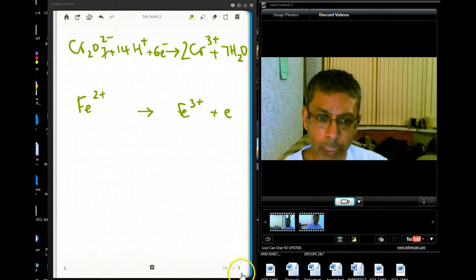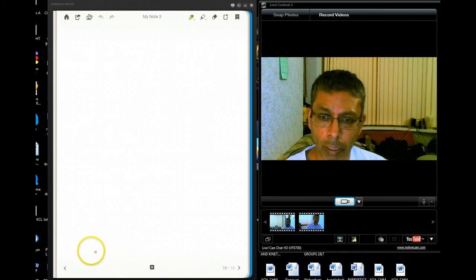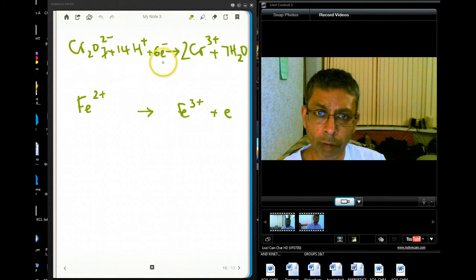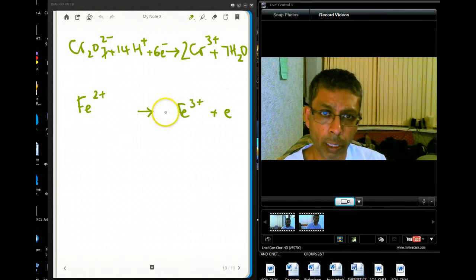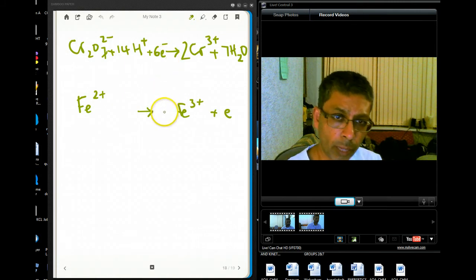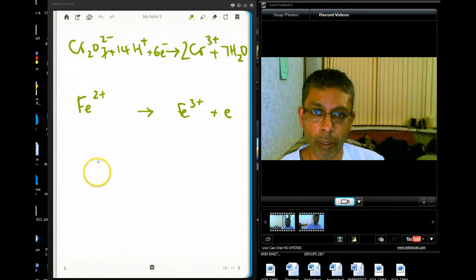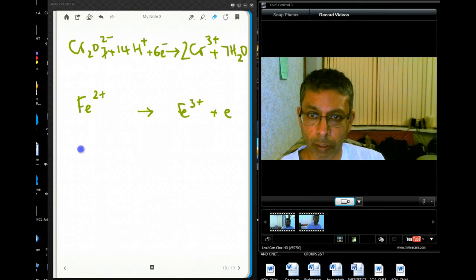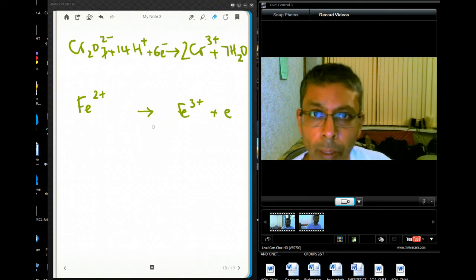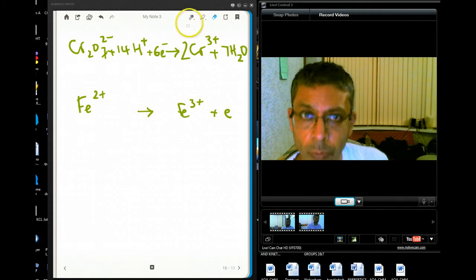Okay, next we're moving on to how to write full equations. Now, if you've got 2 half equations, for example that and that, and you want to join them together, you will make a full redox equation, a full equation. Okay, let's say then that I want to add these 2 half equations together. Okay, so my question will be